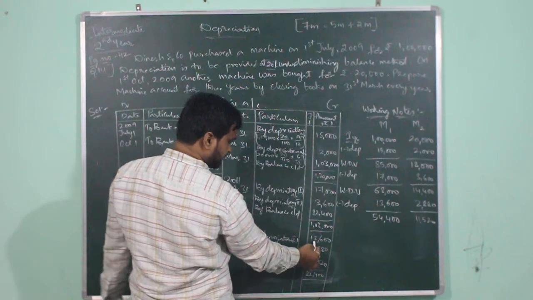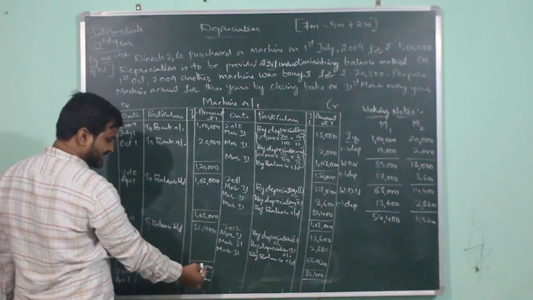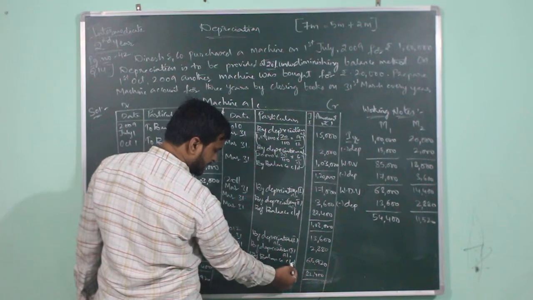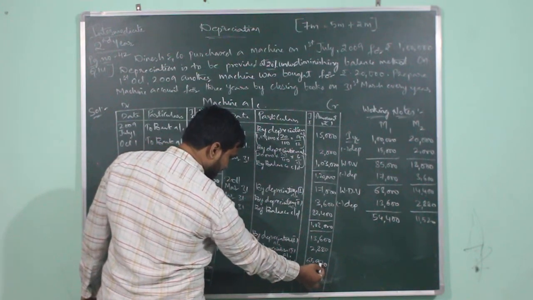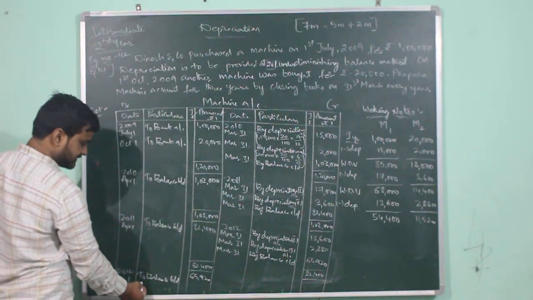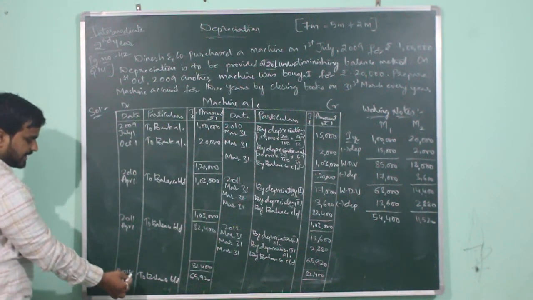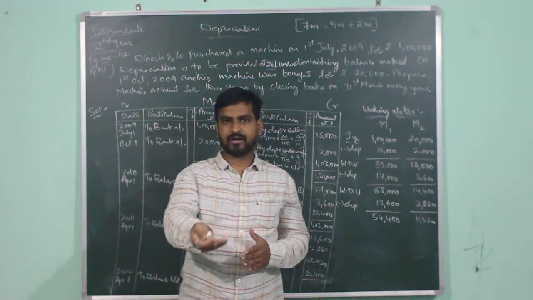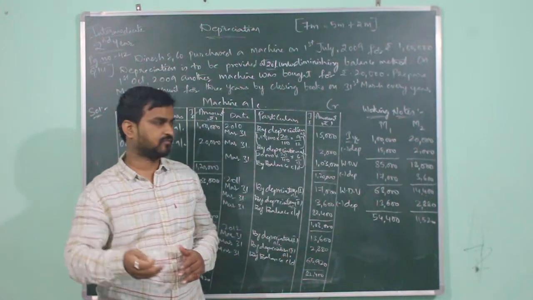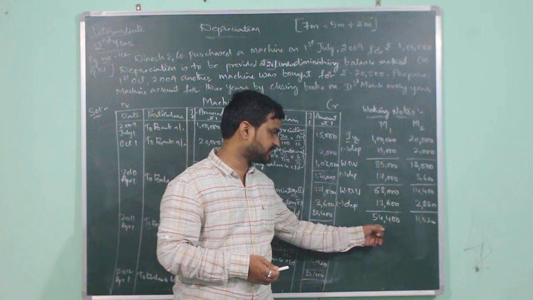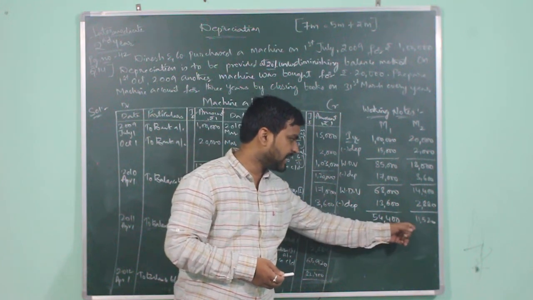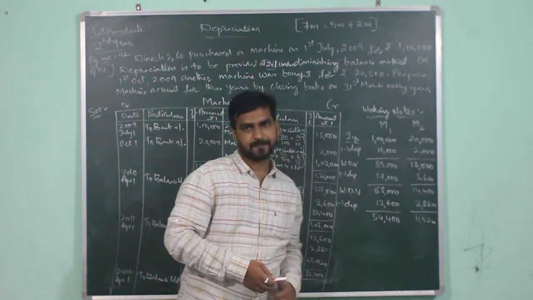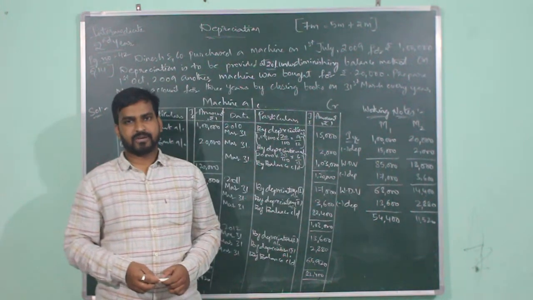Now subtracting 16,480 from 82,400, the value which is left out is written as closing balance at the end of the third year. As on 31st March it will be written as by balance carried down 65,920, and the same value will be brought down at the beginning of the fourth year as opening balance, as to balance brought down on 1st April 2012. It will be written as 65,920. If you are required to prepare machinery account for the fourth year, then you would have calculated depreciation for first machine at 20% on 54,400, and for second machine you would have calculated the rate of depreciation 20% on 11,520.